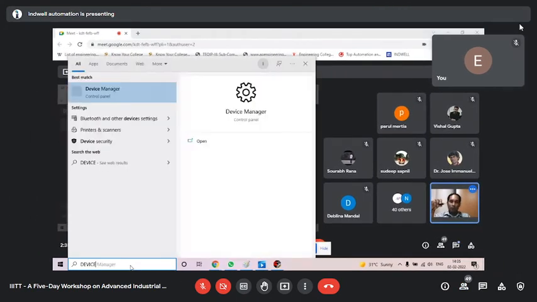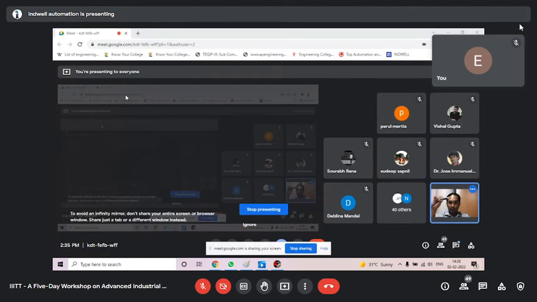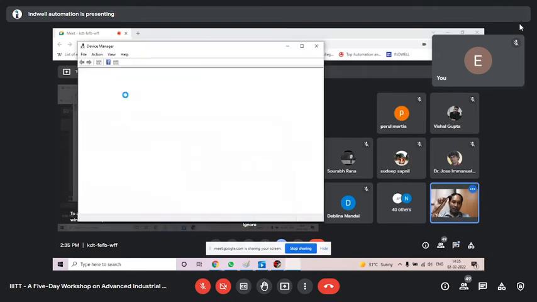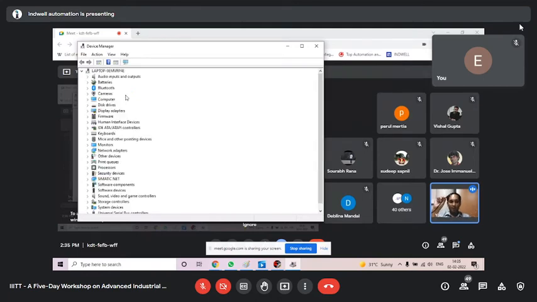I shall go to Device Manager just to show you. Everything should be very clear here. So I shall open Device Manager first, then I shall connect it. It will be more clear. You can see it will be detected and you can see the component. One more thing: if you have this USB to serial converter, you will get its driver file also when you purchase it, either on a small disk or you download it from the internet and install it on your computer. If not installed, it won't be detected. So your USB to serial driver must be installed in your laptop.